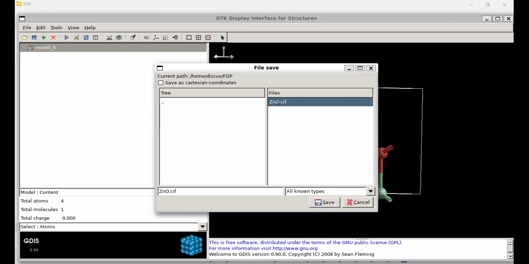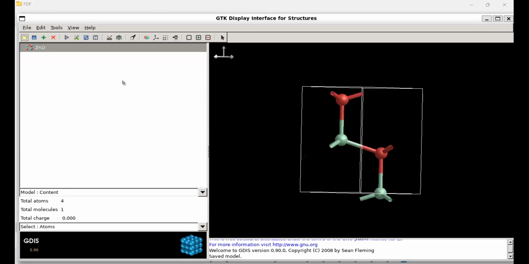So it would be better that the cif file you download from Materials Project, you open it with GDIS and save it as a cif file again using GDIS, because GDIS writes it in its own format. So now I can close this, because this one is still the cif file from the Materials Project. I will close it from this small cross button.